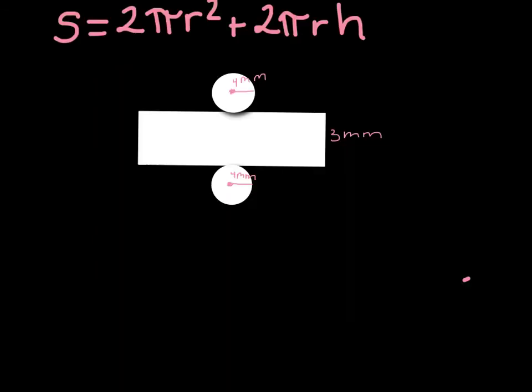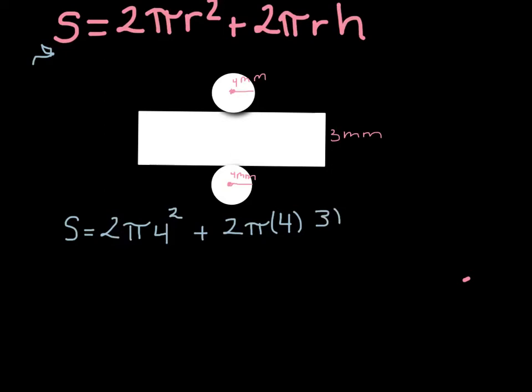Okay, so here's an example of a cylinder, the net of a cylinder, and we need to find the surface area of it. So I have written up here our formula for finding the surface area, and now I'm going to plug in my values. So I have surface area equals 2 pi, and r is 4 squared, plus 2 pi, r is 4, and my height is 3. So now this equals 2 pi